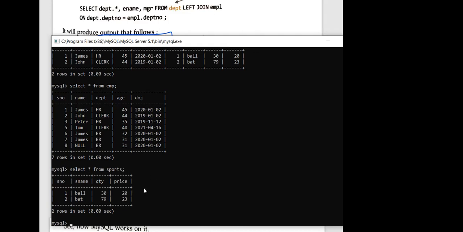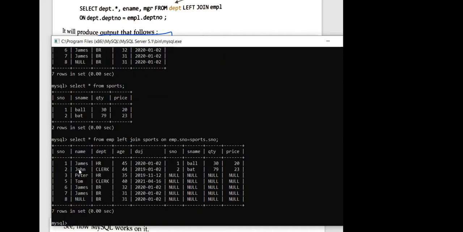So we are writing something like this. Select asterisk from. See, in the left side I want EMP. So EMP. After that, I will be writing left join. You can cross check from here also, fine. After left join, I have to write my second table name. I'm writing here sports. After sports, then I need to write on, and then whatever is the equal columns. So on, then I will be writing EMP dot serial number is equal to sports dot serial number.